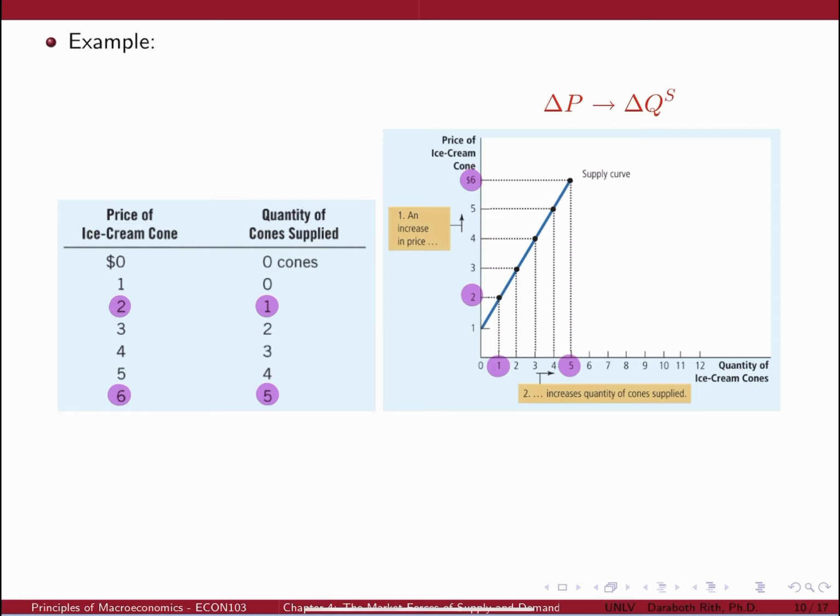Here, one thing I would like to remind, as I said with demand, is that price is the only determinant of a change in quantity supplied. So a change in price can cause a change in quantity supplied. Again, price can change a point on the supply curve with respect to the quantity supplied, but it cannot relocate or shift the supply curve. Remember, quantity supplied and supply are two separate things.